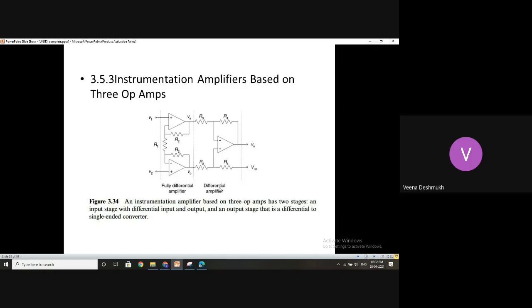So this is the configuration. If you use a single stage, you don't have the advantage of suppressing the noise or minimizing the noise signals or reducing the DC offset and drift. Here, when you use 2 stages of differential amplifiers in combination, they minimize all these unwanted or spurious signals and help in amplifying the very low or weak signals.